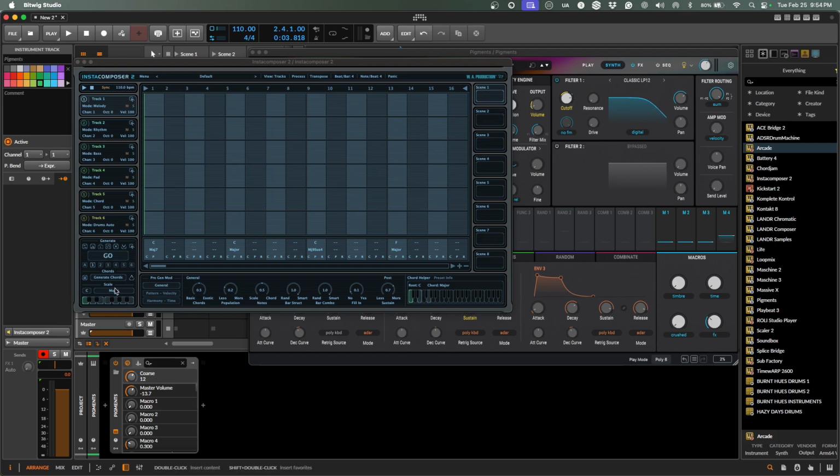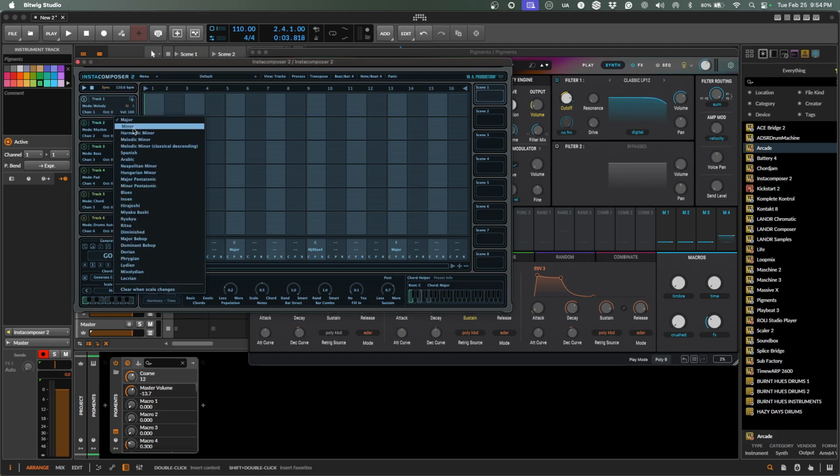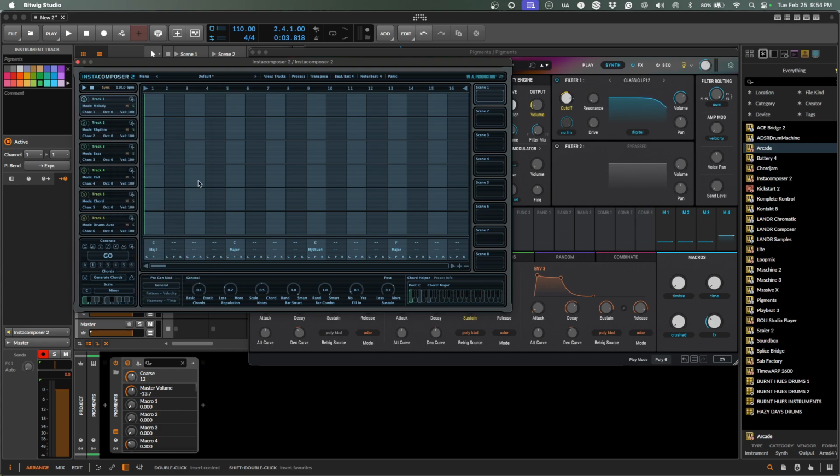Now, I'm going to set a scale here. This is going to be C minor. And I'm going to generate some chords, right? So we're going to go with that. And then I'm just going to hit go. It's going to add my chords here. Now, what you'll see, once I play this,